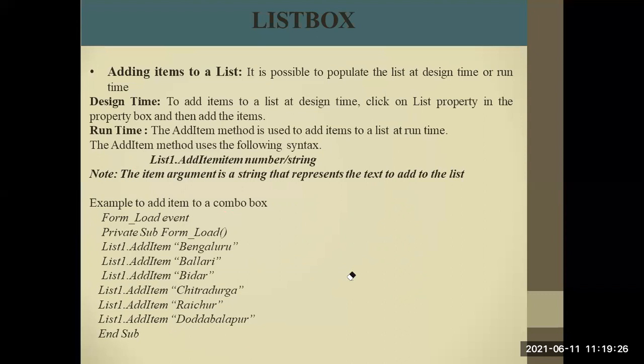Then we have discussed the list. What do you mean by list? Then how to add an item to the list. Then with an example, we have also illustrated how different items can be added and how we can expand the list as per the user requirement, whenever the user requires. Okay. How can we add?